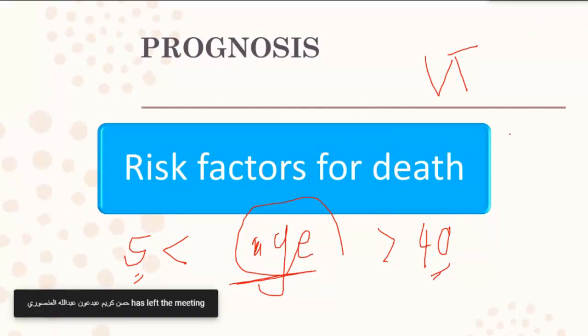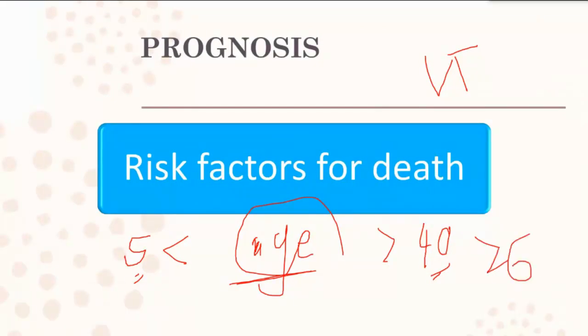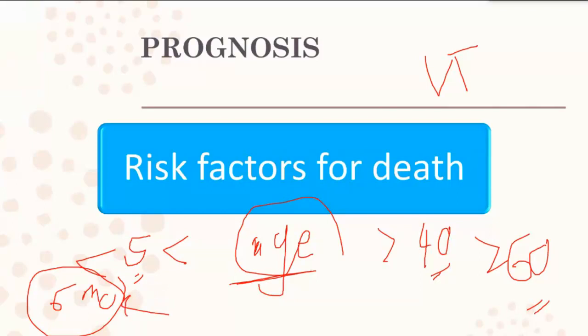The age, we mentioned it, especially more than 40 and especially more than 60, almost like tetanus. If the age is more than 60, of course this is a poor prognostic factor. Also under 5, especially less than 6 months, a very young child who still has no immunization. If a child of two or three months gets tetanus, this also predicts severe disease and poor outcome. Also laryngeal involvement, and the rapidity of administration of anti-tetanus toxin. The more we delay the anti-tetanus toxin, the more rapid these manifestations with myocarditis will be, and there will be a risk of death.